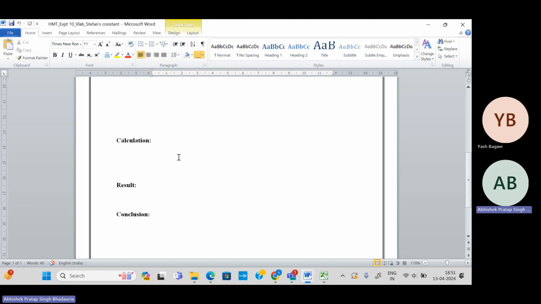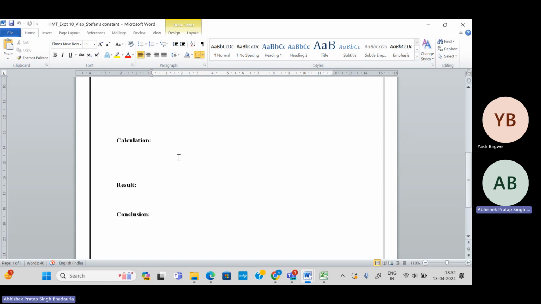तो वो कैसे कैलकुलेट करेंगे, either you type it here or you make the manual calculation in your notebook and you take the screenshot or take the picture of that manual work that you have done in your notebook for making the calculation, copy it and paste it here. This way you can make the calculation. So for calculation you have to show at least 1 or 2 sample calculations. Okay, now the result will be